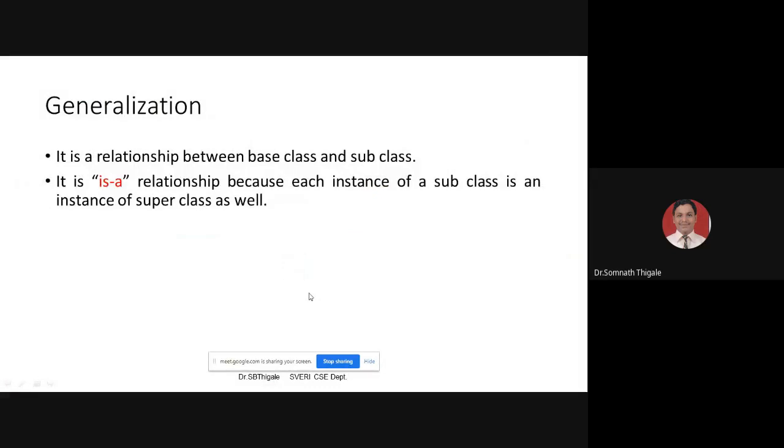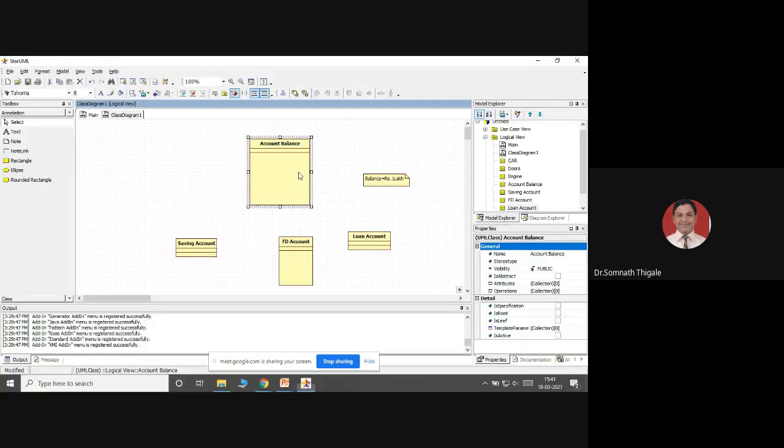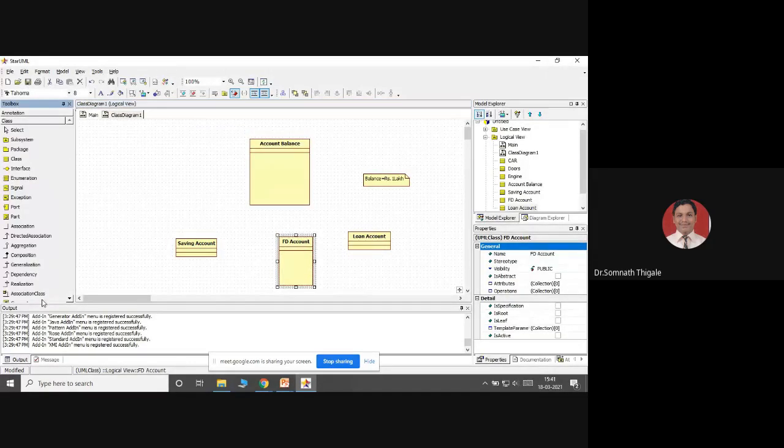It is known as the is-a relationship, a relationship between the base class and subclass. The base class I am representing here, and these different accounts are its subclasses. So this is a kind of generalization relationship.